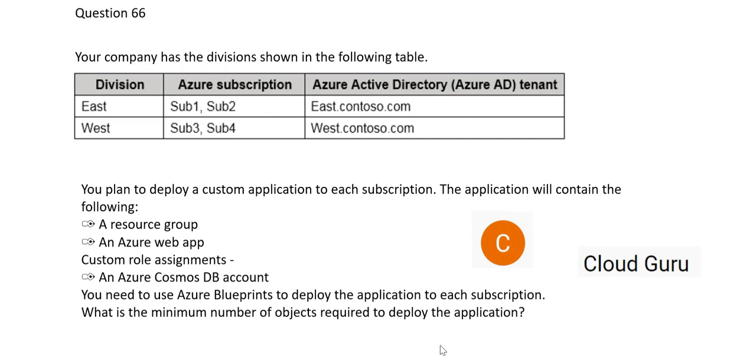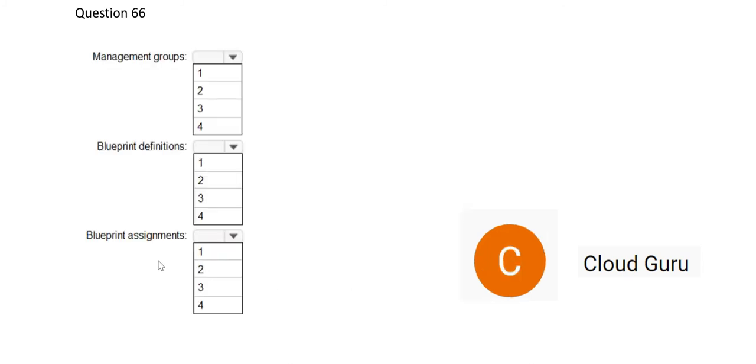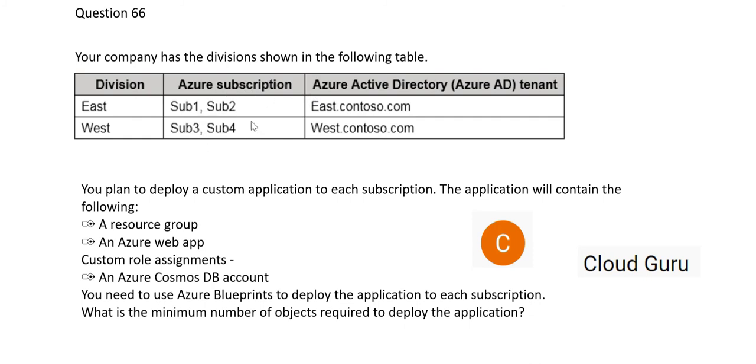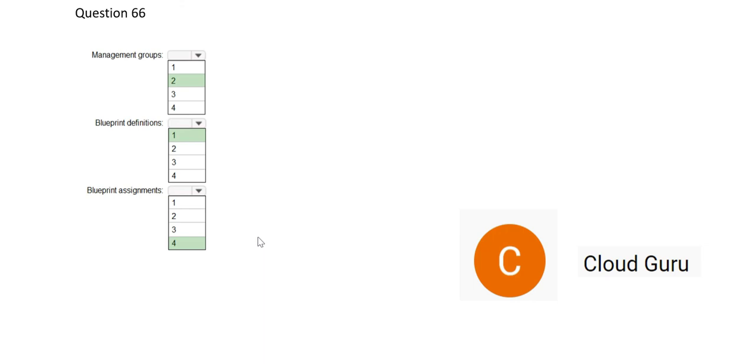You can create one definition for the entire stuff, no? One definition, but multiple assignments. So assignments can be four. The assignments would be at subscription level. Since we have 4 subscriptions, that's why assignments will be 4. So we will lock our answer and move forward.